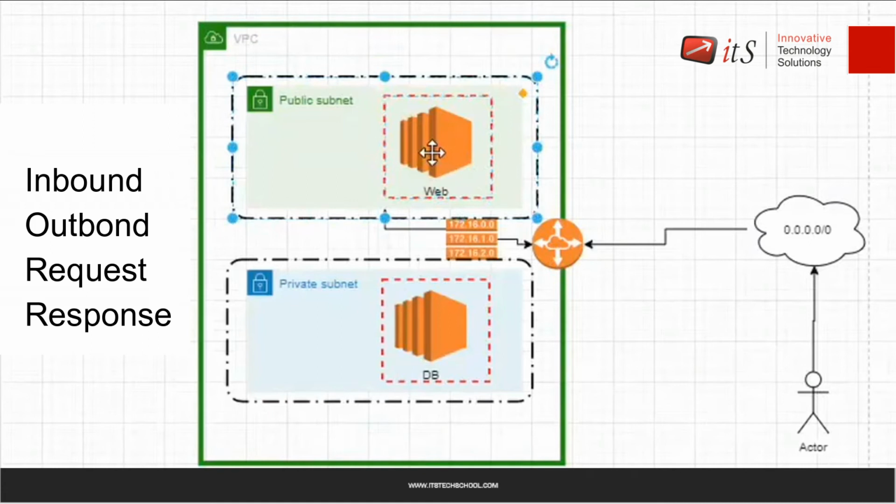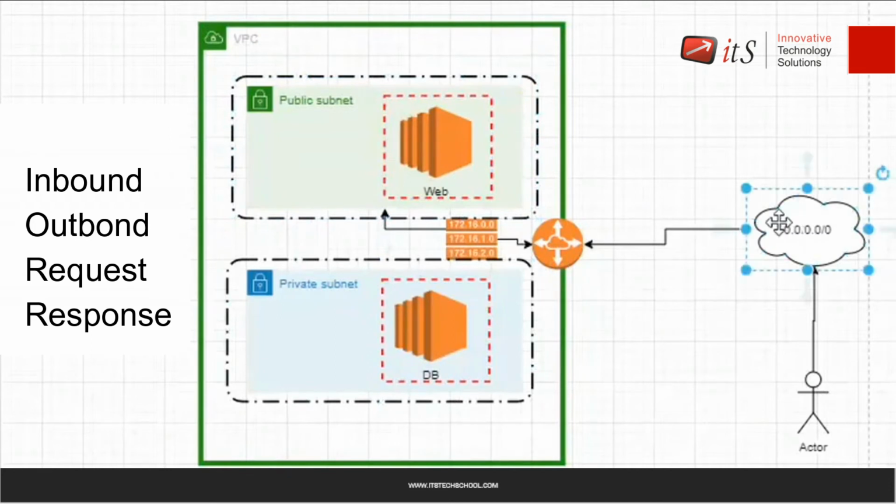an inbound request. Right? If I am creating a request from my web server to the internet, that we call an outbound request. If my request is going out of my network, it's an outbound request. If the request is coming inside my network, that we call an inbound request. So inbound, if the request is coming inside. The outbound is when the request is going outside. That we call outbound. Right? That was simple.